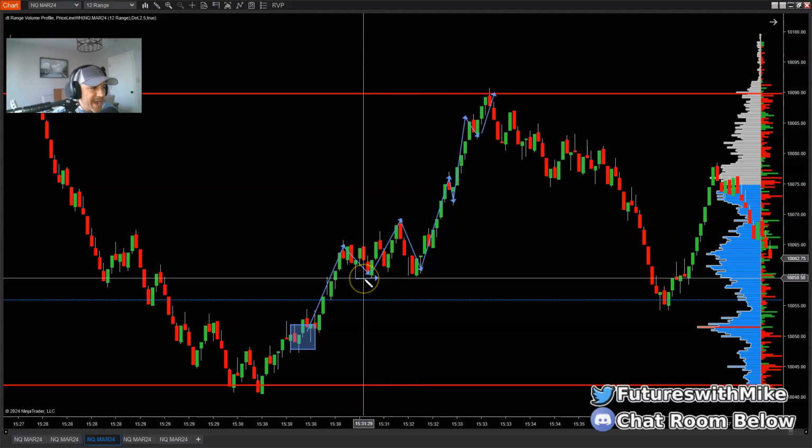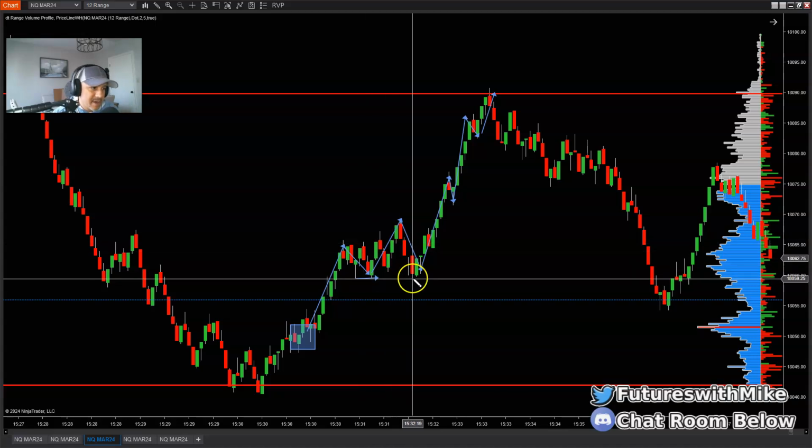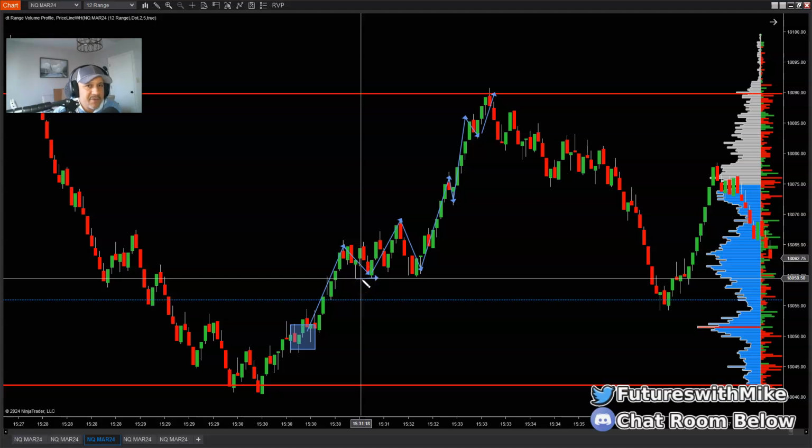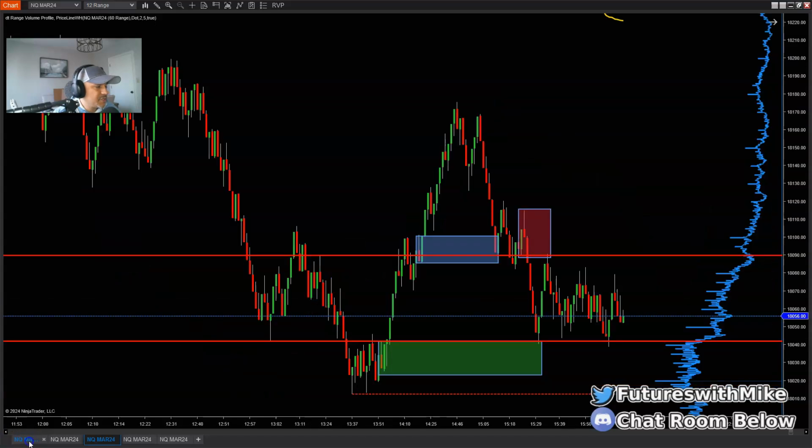Yep, it tests right down to the tick almost, a tick or two away, okay? But even if the market came down and ran this area right here, look what you did. You still locked in profit right there. So you could take out, say for example, I probably would take out most of my trade probably right here.